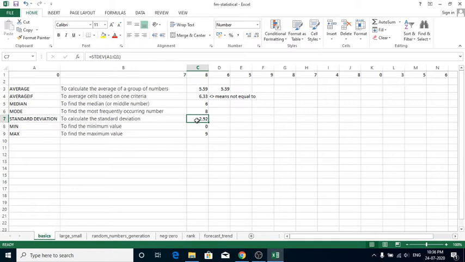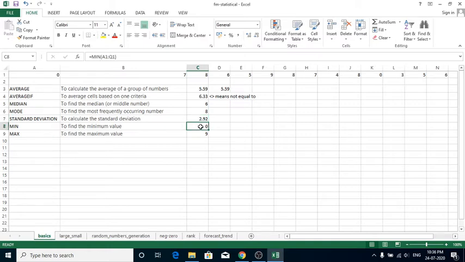But in Excel, it is not at all an issue. You simply put the function STDEV. You type equals STDEV, open the bracket and put the cell range there. It will calculate the standard deviation.